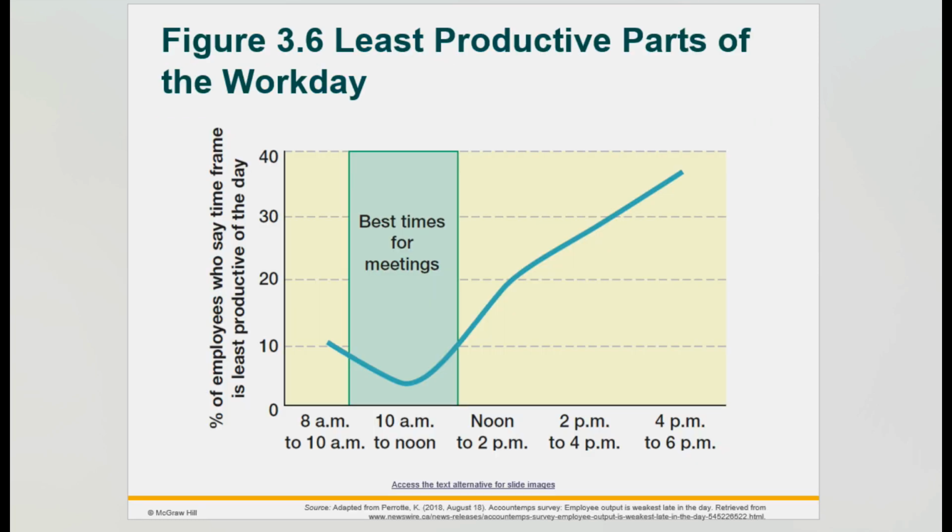I think it's fascinating that the book shares the least productive parts of a workday. So if you are an 8 to 5er, I think it's pretty neat to see the best times to meet when our minds are at their peak performance. So you can see here in this graph that working and meeting has very specific suggestions. So I thought that was super cool to see.